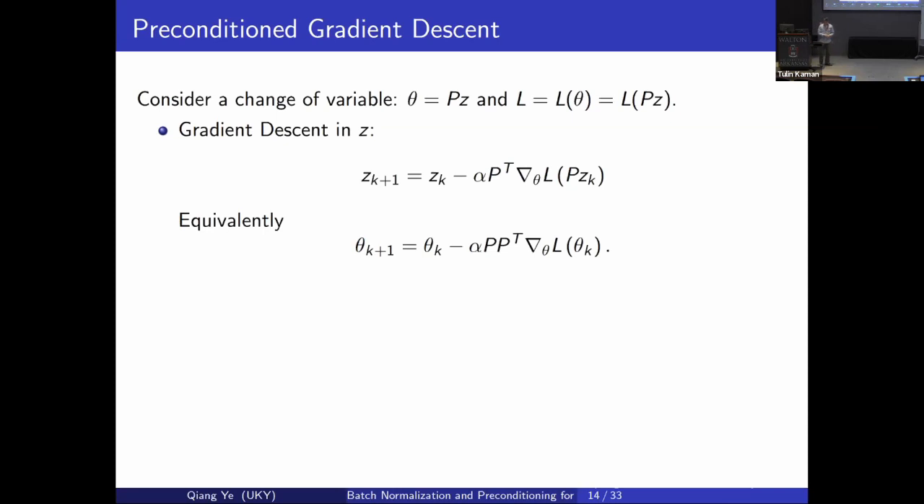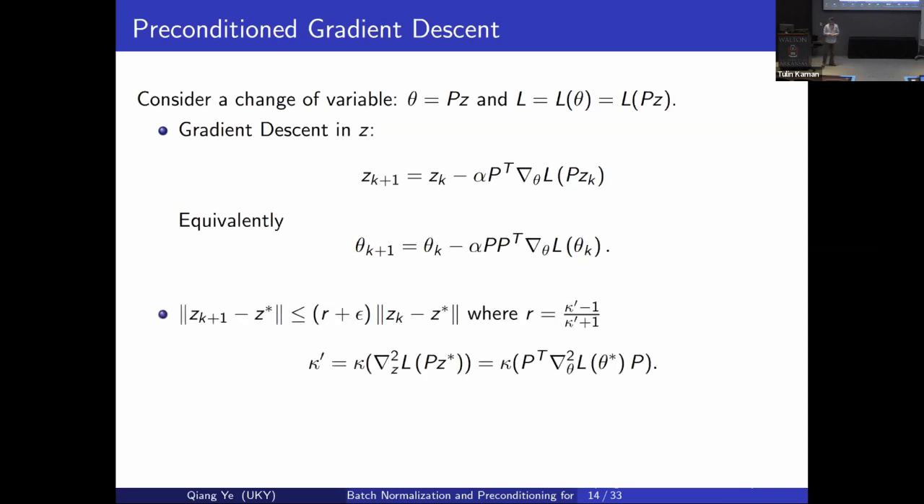Multiply P from the left through the equation, then Pz_k is theta_k, so going back to the original parameter theta. So we get to this recurrence that's in the original coordinate theta rather than in z. So it's an implicit transformation. We don't actually carry out the transformation explicitly. The net effect is that you multiply the gradient by this PP transpose. So if I have a transformation with P,